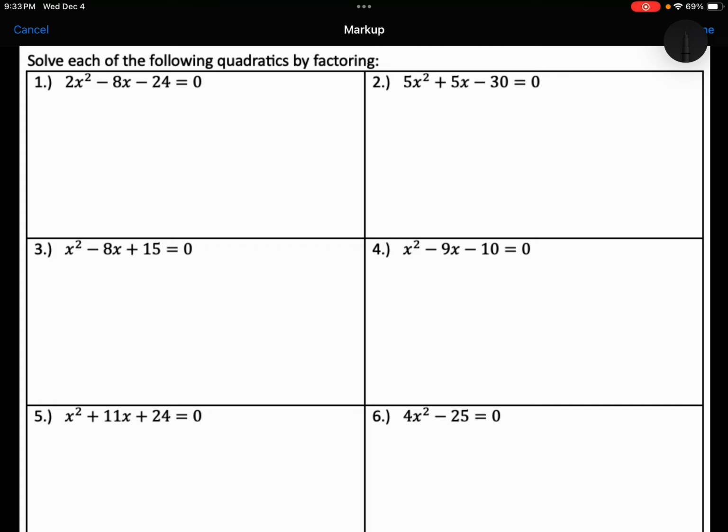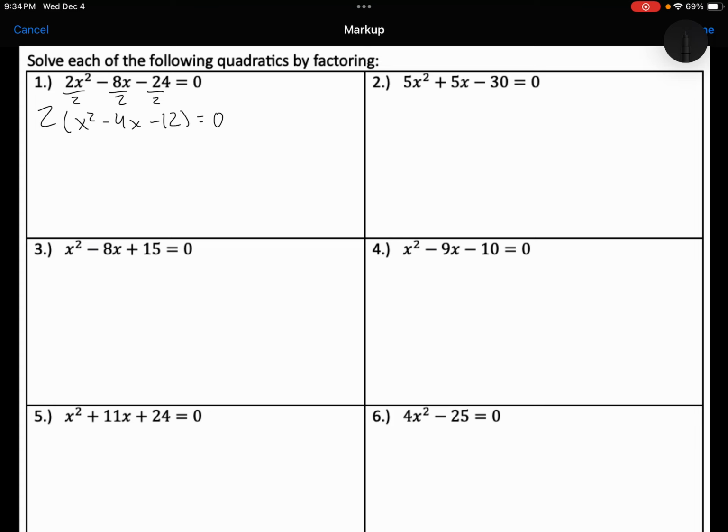So for any problem that we're solving by factoring, we're going to want to see if there is a greatest common factor that we can take out. So for these ones, I would see that each of these would have a 2 in common. So I can divide each of them by 2. And that will give me x squared minus 4x minus 12 equals 0 after I take out that greatest common